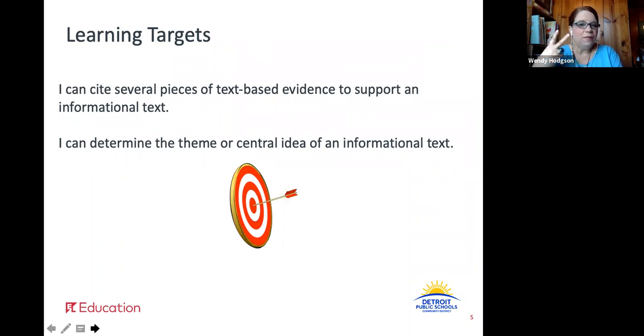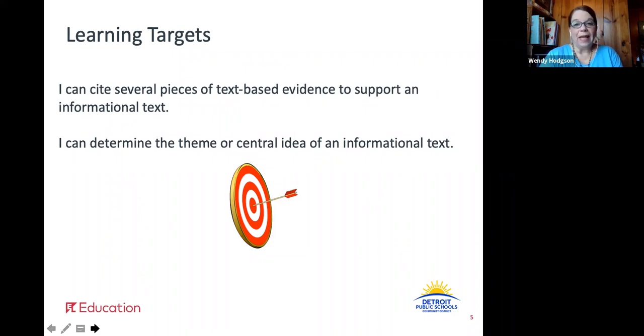All right, we have two learning targets today. The first one states, I can cite several pieces of text-based evidence to support an informational text. So you're going to dive back into a section of the article that I will let you know which section that is.